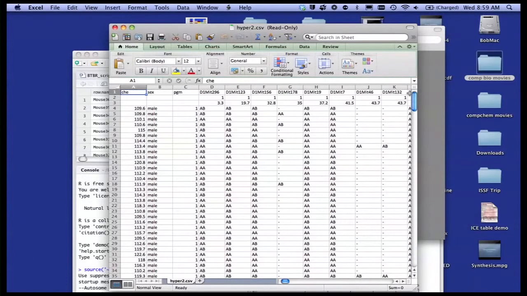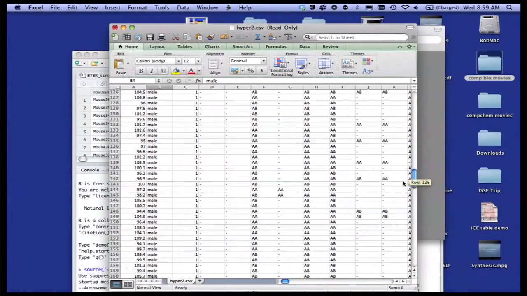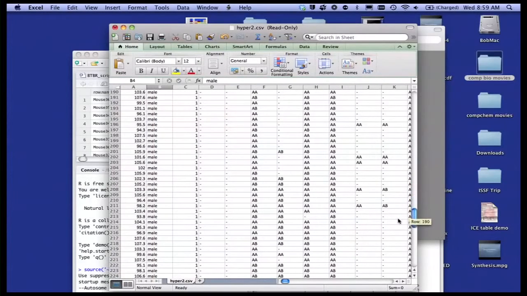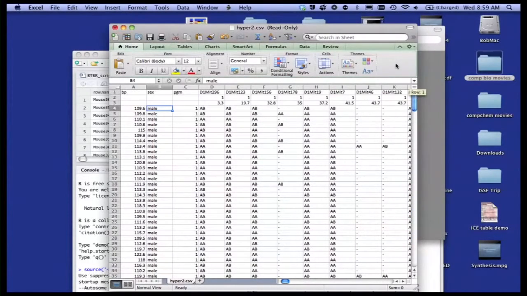So here's a set of raw data, and this is data that comes from breeding mice. We'll spend a lot of time talking about mice, and what we're looking at here is the blood pressure of mice, and you see a blood pressure there. You see my mice are mostly all male. There's about 250 or so mice in this particular study, and what you now see here for data is some